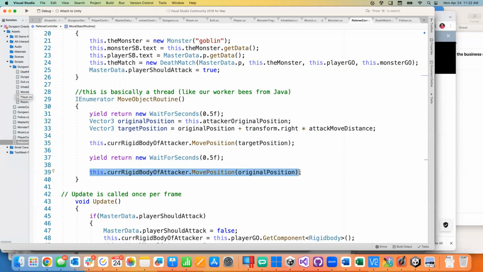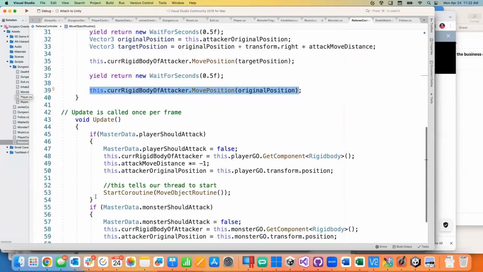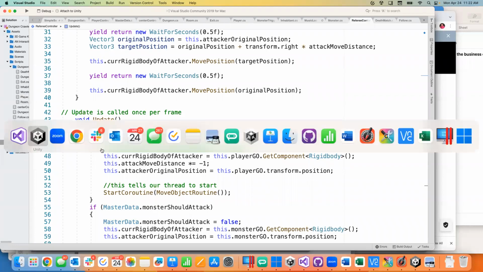So then the question is, when does this run method happen? Inside of update, I'm asking the question each time through, should my player be attacking? If it should, the very first thing I'll do is turn his attack to false. That way he doesn't keep bouncing back and forth, because right now if I turn that guy off